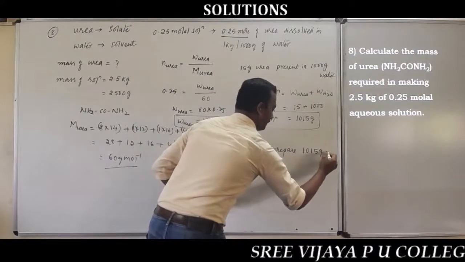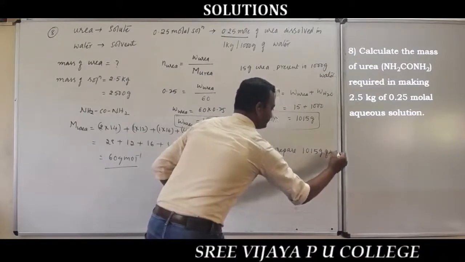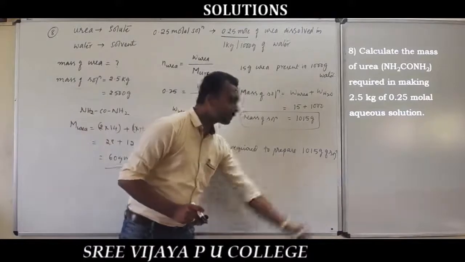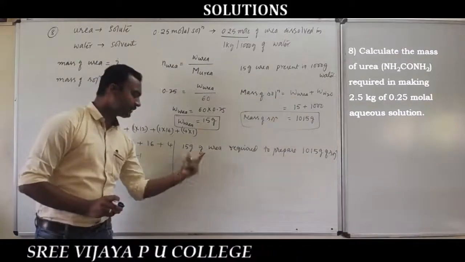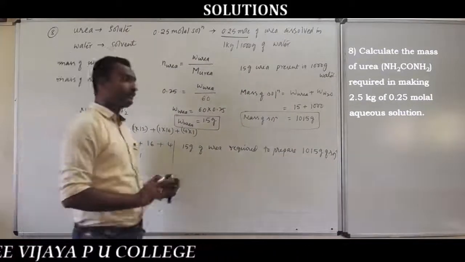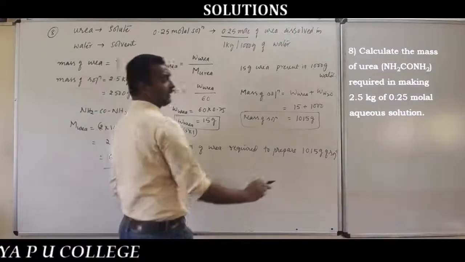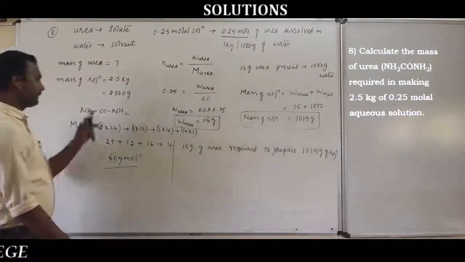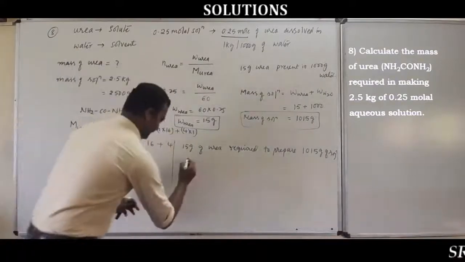0.1015 gram of solution. ಅಂದ್ರೆ 1015 ಗ್ರಾಮ್ ಆಫ್ ಸೊಲ್ಯೂಷನ್ ನ ಪ್ರಿಪೇರ್ ಮಾಡೋದಕ್ಕೆ ಎಷ್ಟು ಗ್ರಾಮ್ ಯೂರಿಯಾ ಡಿಸಲ್ವ್ ಮಾಡಬೇಕಾಗುತ್ತೆ? 15 ಗ್ರಾಮ್ ಆಫ್ ಯೂರಿಯಾ ಡಿಸಲ್ವ್ ಮಾಡಬೇಕಾಗುತ್ತೆ. ಬಟ್ ನನಗೆ ಬೇಕಾಗಿರೋ ಎಷ್ಟು ಕೆಜಿ ಆಫ್ ಸೊಲ್ಯೂಷನ್? 2.5 kg ಆಫ್ ಸೊಲ್ಯೂಷನ್. 2.5 kg is nothing but